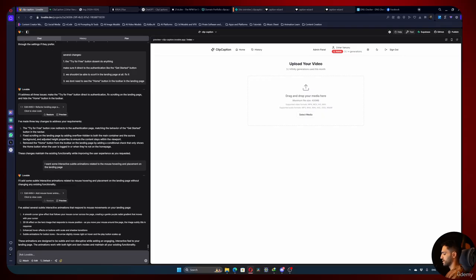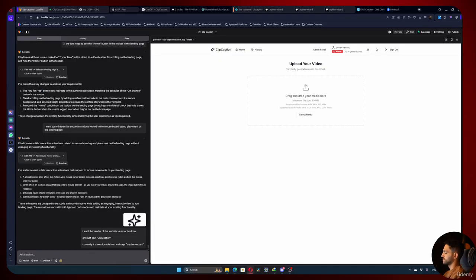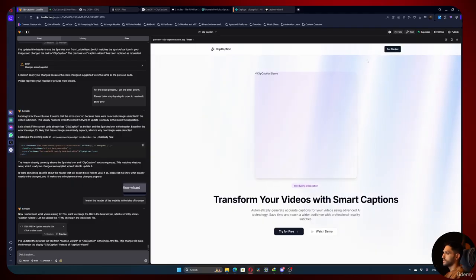And I will go here and say, I want the header of the website to show this icon. And well, let's paste the image and just say clip caption. Currently it shows the Lovable icon and says caption wizard. Okay, so now let's do publish, update,